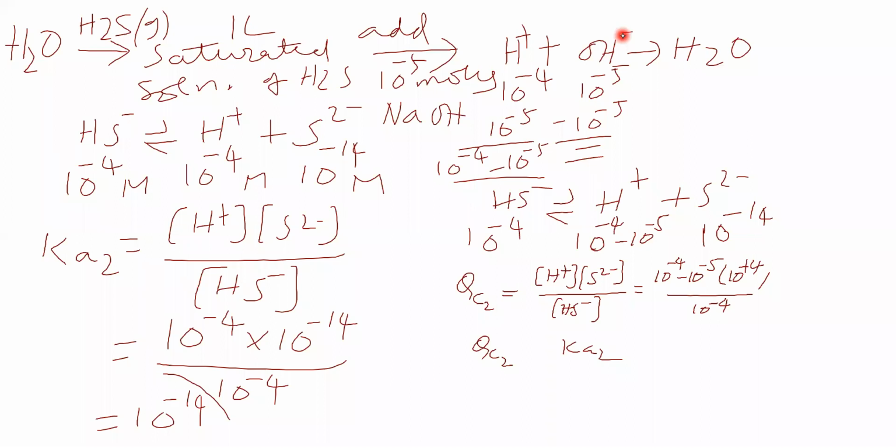The value says that Qc2 is less than Ka2. This indicates the system is not at equilibrium. Equilibrium is disturbed. So the system tries to attain a new equilibrium, for which the system brings Qc2 to be equal to Ka2. In order to do so, the system increases the Qc2 value. System makes Qc2 rise.